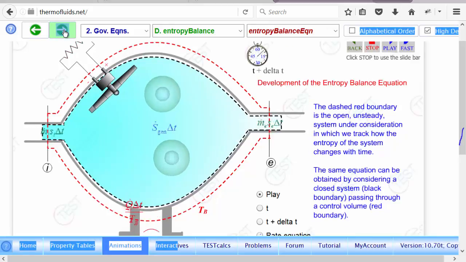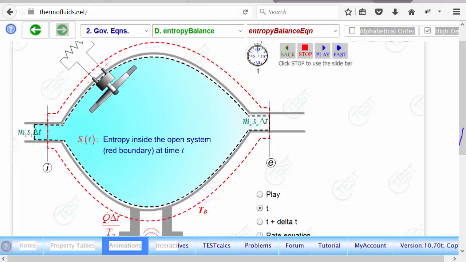Finally, to derive the entropy equation, now we have all the ingredients. At time t, we have a certain amount of entropy within our red boundary, the boundary of the open system. And in time delta t, we can see that entropy can come in through mass transfer. Entropy can be transported out by mass transfer. And the heat transfer divided by TB, this is the rate of entropy transfer, times delta t. This is how much entropy is coming in through heat transfer. And the work transfer doesn't have any impact on entropy. Plus there will be entropy generation, S dot gen times delta t,